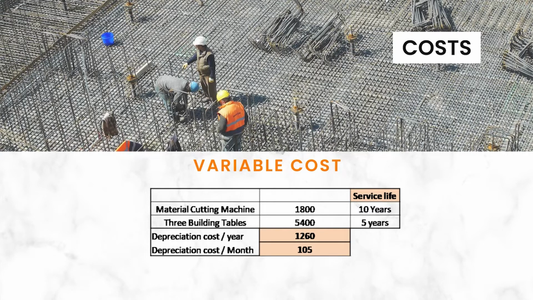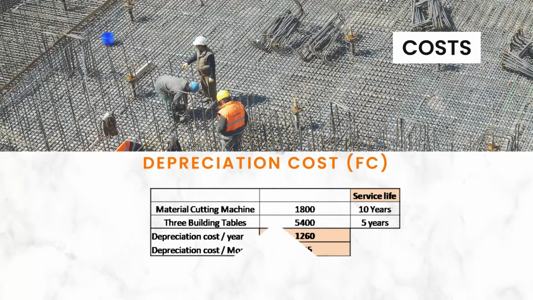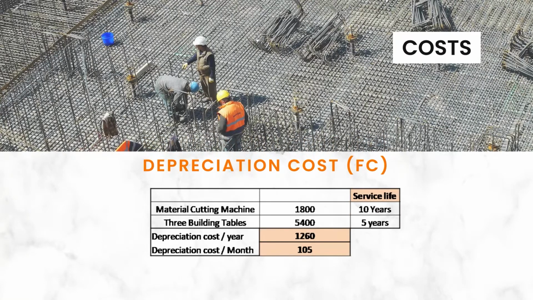Per month, divided by 12, that is 105, which also needs to be added to that 23,010. So 23,115 is the fixed cost, and the variable cost is the fiberglass, as I said, 50 rupees, adhesive 60 paisa,